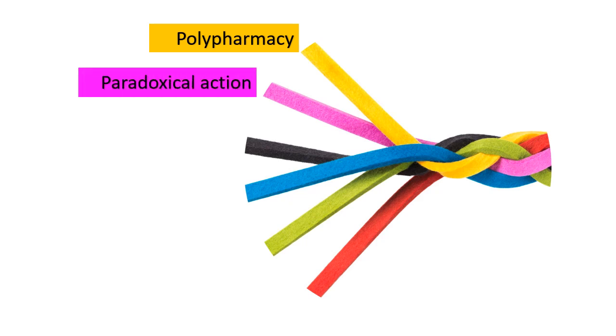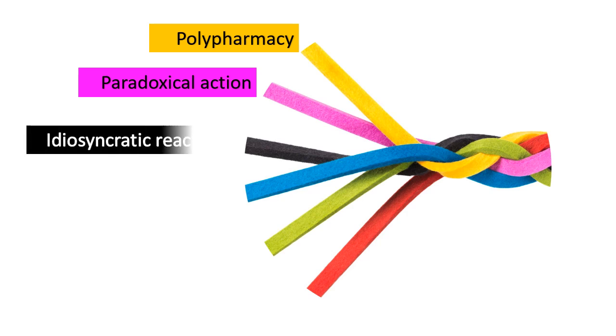The different strands that we saw in the lessons on pharmacology were polypharmacy, that means using two or more medications on every patient. The paradoxical action of drugs, which was the drugs having the opposite effect of what they were meant to do, like a pain remedy causing pain. Then we saw idiosyncratic reactions, or the IDRs, which happen after the drug is stopped, but we get certain adverse reactions.